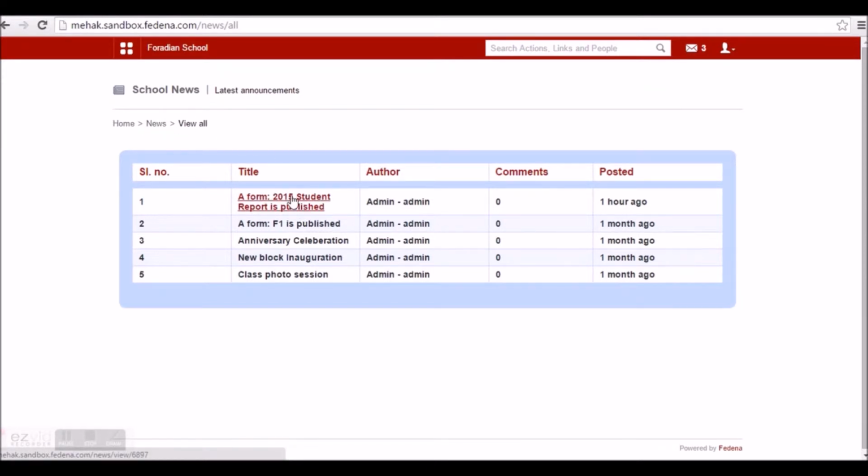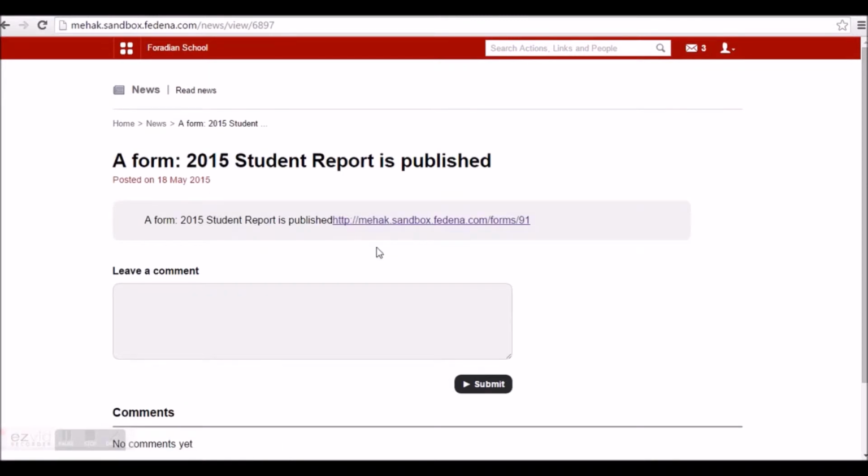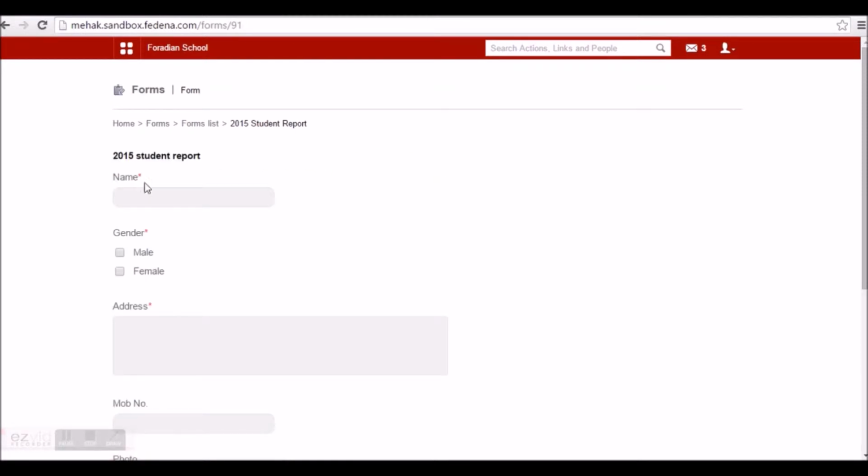To enter the details in the public form, I am going to the news and I am checking the news description and it shows me the link where it is published. When I click on it, I can enter this public form details. So I am entering some data.